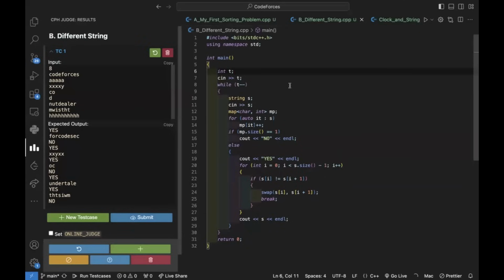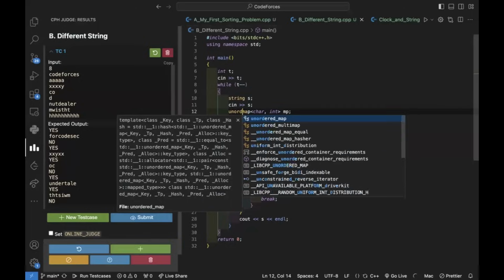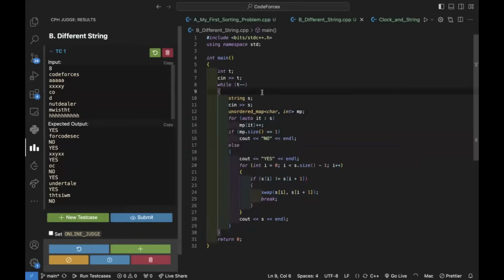And now what you can do is you can make a frequency map out of all the characters of S to just check what the current distinct count of characters in S is. Now, this can be done in any method, all right? So I'm not telling you at all to use a map. Maybe you can use an unordered map. Maybe you can use a frequency vector sort of something, or maybe you can even have a